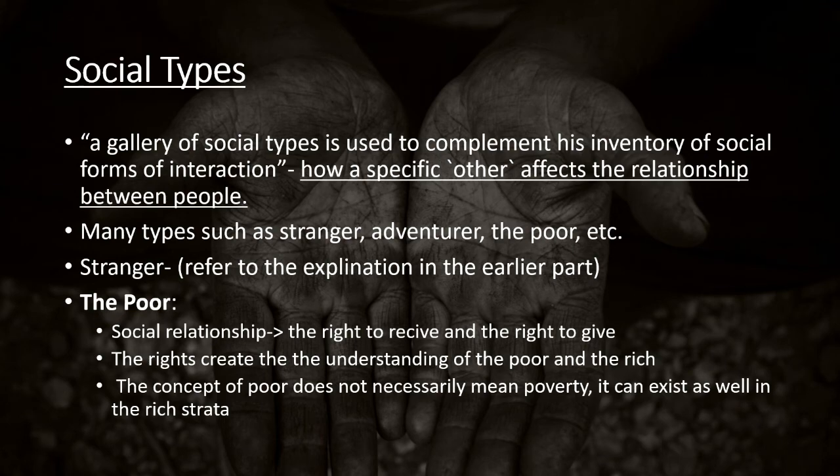We can see this in Africa. People just drop money, not really caring about the individuals, despite knowing that the money goes to the corrupt government. And so Simmel sees this as a very bureaucratic thing, rather than acting upon mercy or pity. However, it is important to note that when Simmel explains the poor, it is not necessarily about not having money. There will always be someone having more money than you, and they see you as poor because they have much more money. So again, it does not relate to poverty. It can even exist in the rich strata.